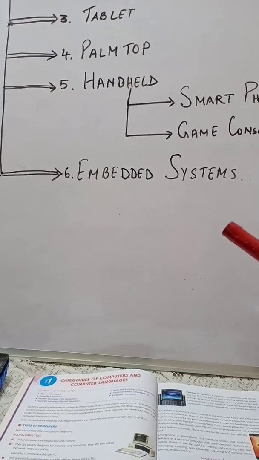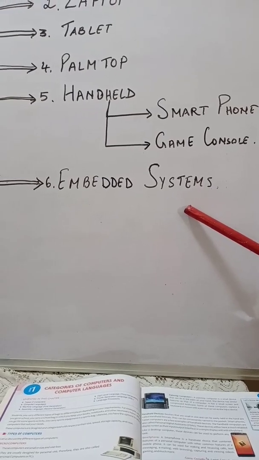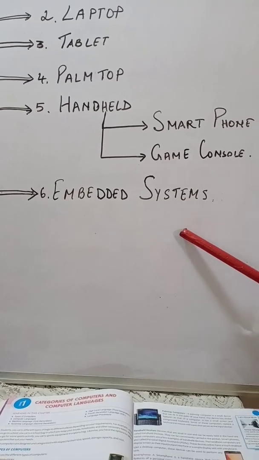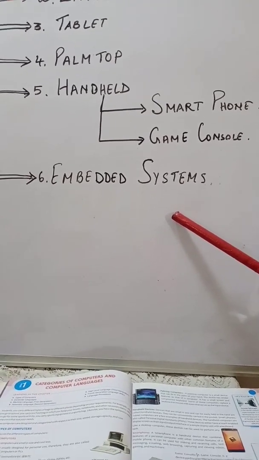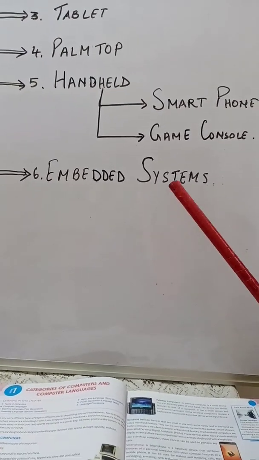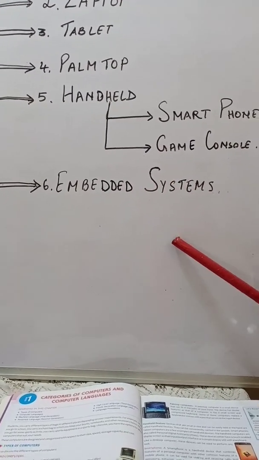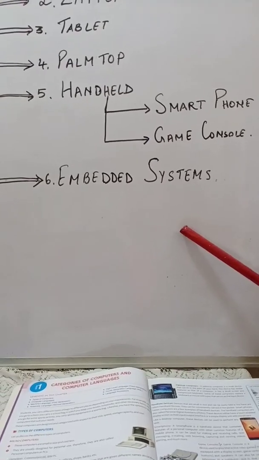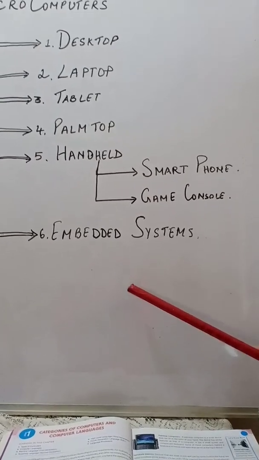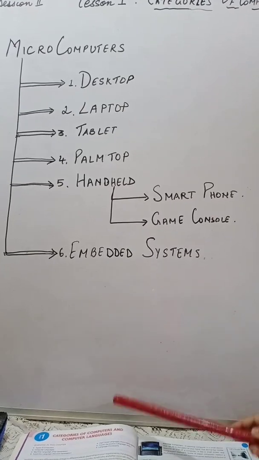It is a system which combines the computer, processor, computer memory and other peripheral devices within a larger mechanical or electrical device. Now example, if we take microwave, in a microwave, the different chips, the computerized chips or integrated chips are fitted inside the microwave so that it can perform different functions. It's got a sensor screen also, and we can perform different functions with the help of these chips. Now with this we come to the end of microcomputers.